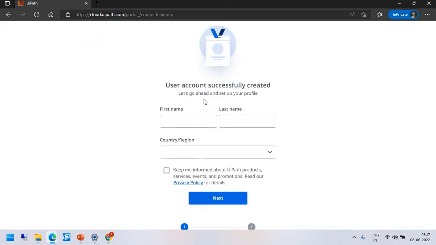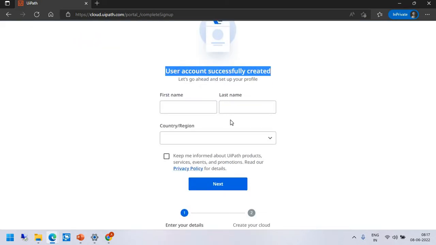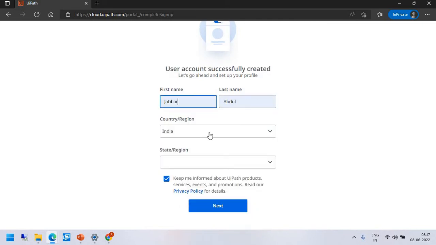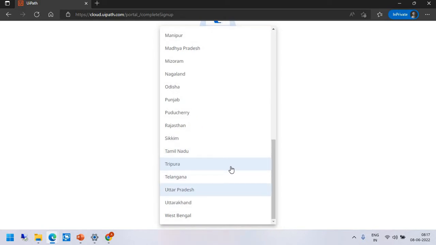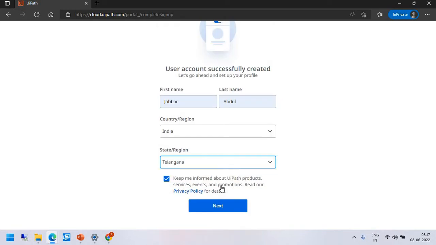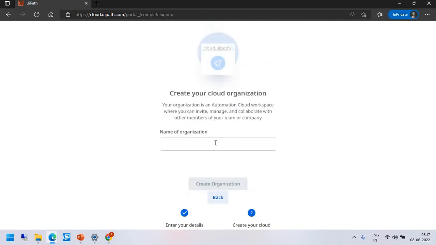You will get one form saying your account is successfully created. Please fill some information. Okay, so fill in the information as you wish, but keep it normal. Don't keep any complex keywords. Then the name of the organization. For example, here we will write UiPath Learning